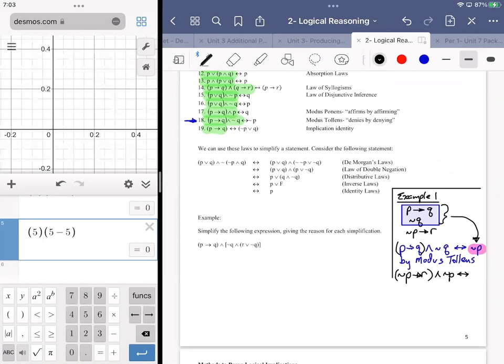But I do see one that involves a Q. It has a similar structure, except instead of saying not P implies R and not P, it says P implies Q and P, but it has the same structure, right? Where the premise is repeated,